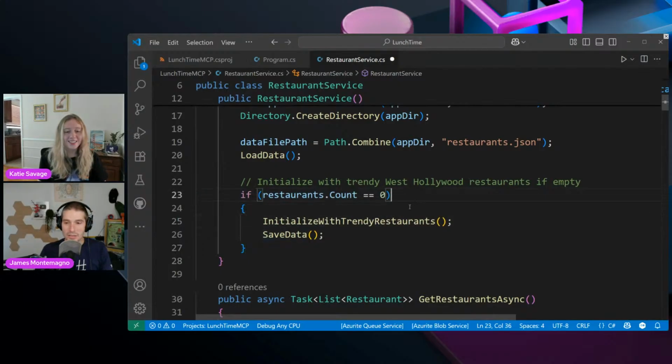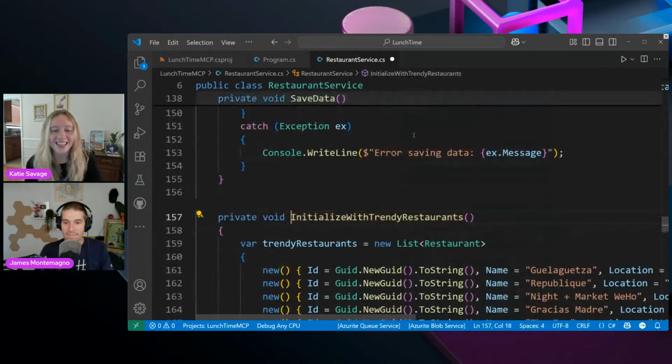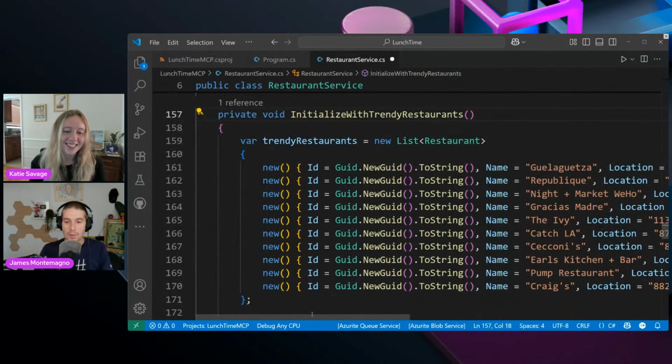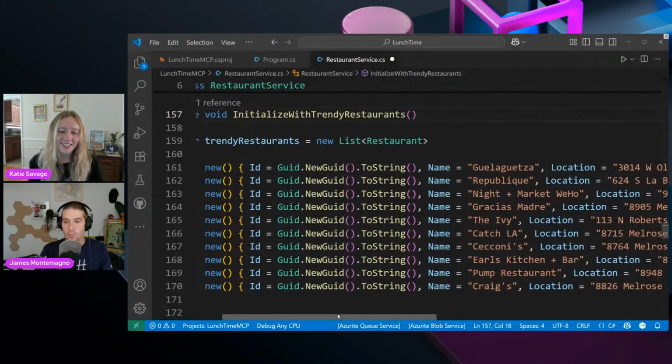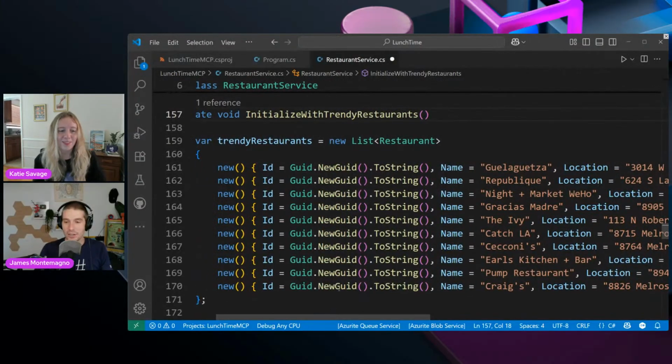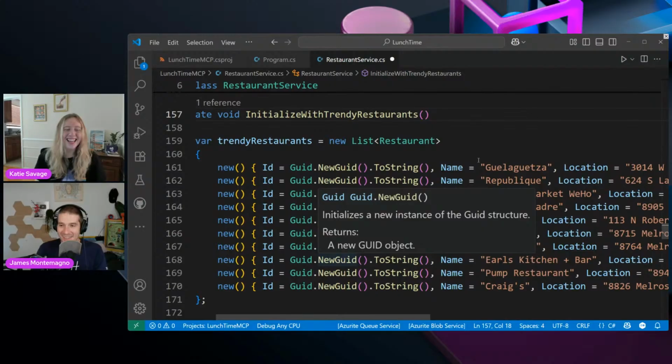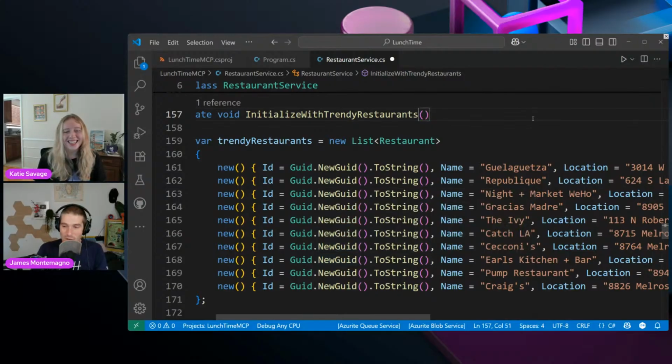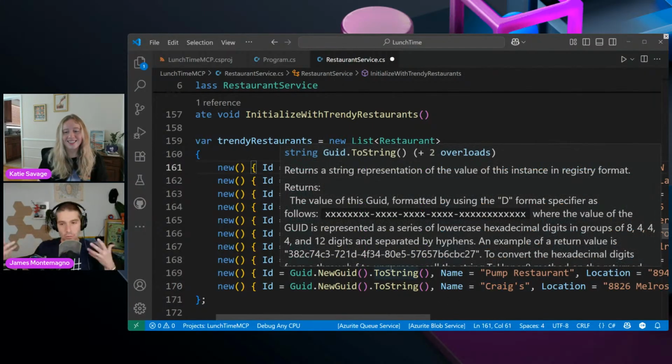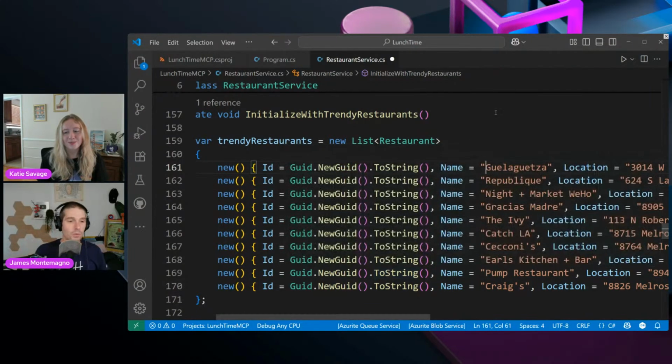All right. Trendy. I like it. So these are all trendy spots in LA from what I've heard on the internet from GPT-4.1. So if you're in West Hollywood, then maybe some of this. I feel like I know The Ivy maybe, or I feel like I've heard of some of those. I have a friend named Craig, so I assume that's his restaurant. We'll see. Probably. But you could imagine that this is real-time restaurant information with reviews and things like that, or maybe they're ones that you want.